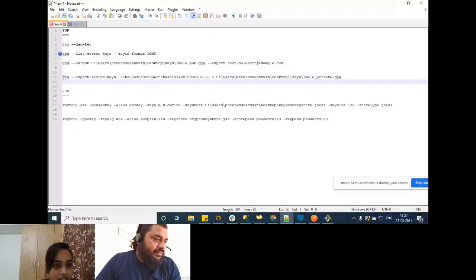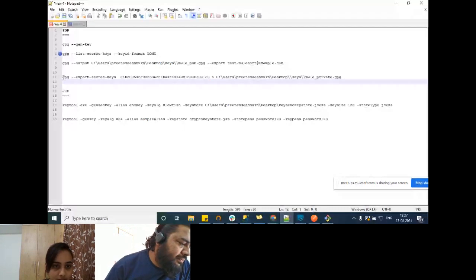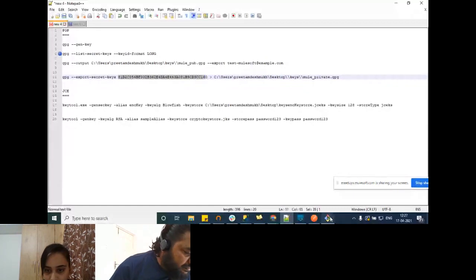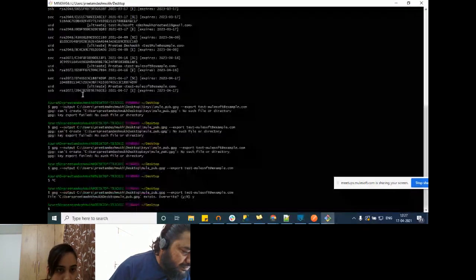While creating a private key, here is where we need to pass the key ID which we have generated. Let's copy and paste the key ID for our application.